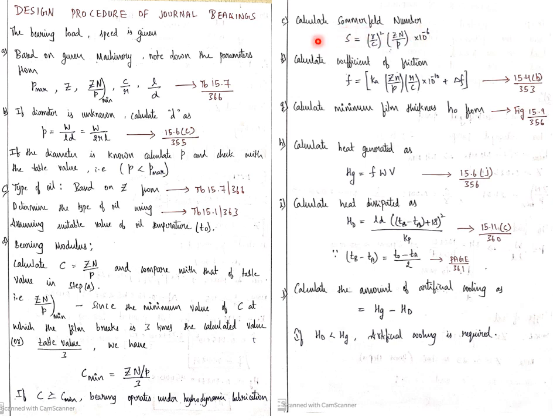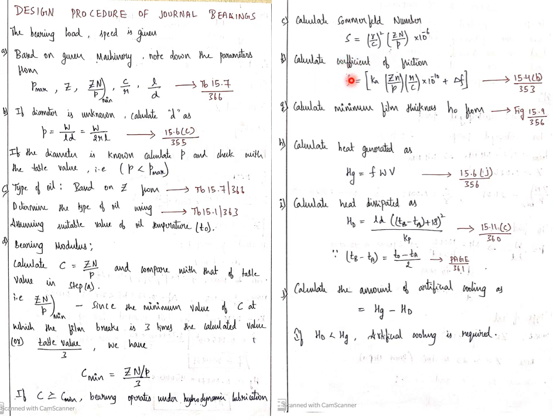This Sommerfeld number is very important to determine different values from the graph with respect to the y-axis. We will be solving this during the example problems. There we will be using different types of graphs with respect to the Sommerfeld number to find the value on the y-axis.